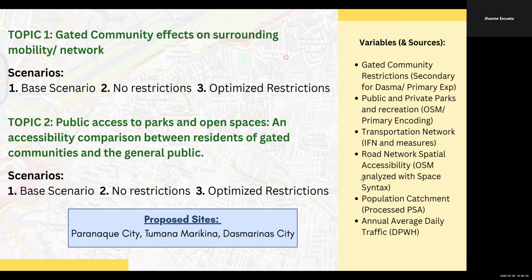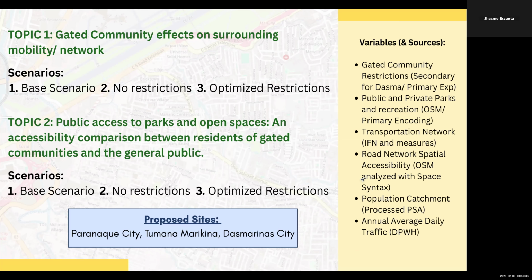Same with the transportation network, we also want to understand access in terms of the open spaces. So the base case scenario is, again, those open spaces are confined inside gated communities. So the general public cannot access the open spaces inside the subdivisions.